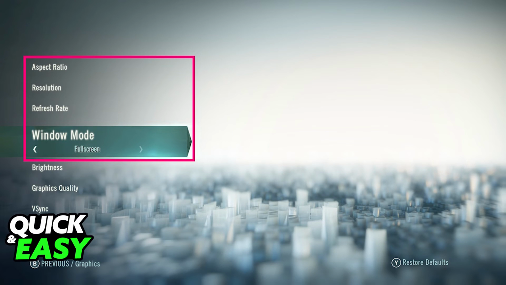in the new resolution. I hope I was able to help you on how to change the resolution in Assassin's